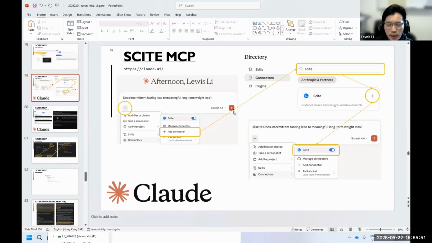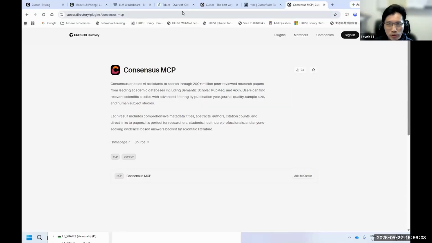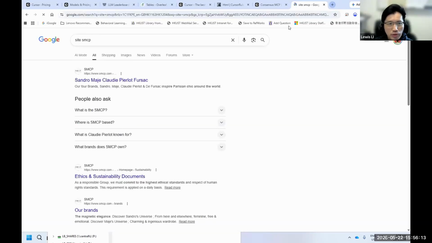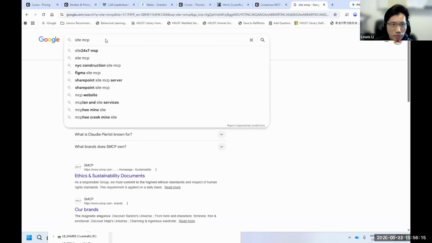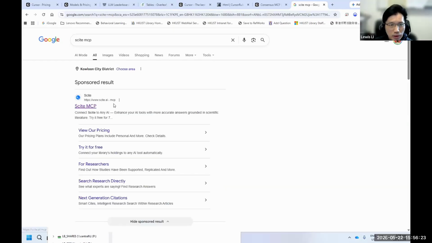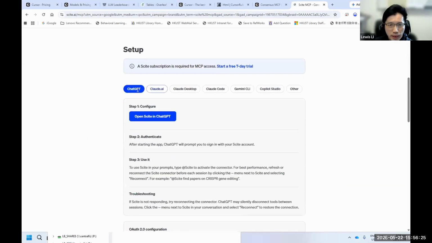The same for ChatGPT. First of all, you have to connect with a VPN, and then you can add the connector or add the MCP, and do something similar. But of course, the Scite MCP website will show you the instructions on how to connect to different platforms.